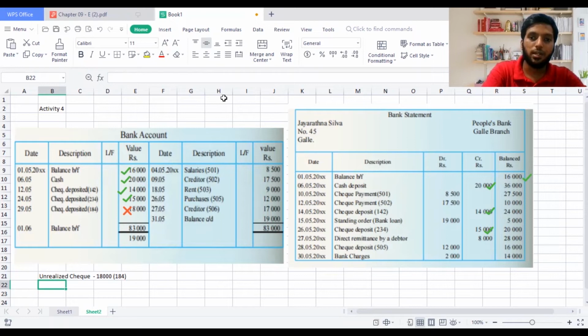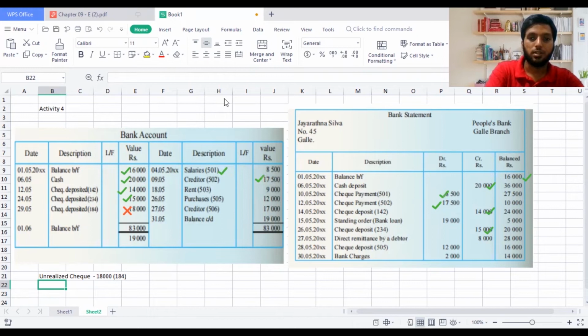I'm going to compare my credit side with the debit side of the bank statement. I'm going to take a stamp. So salary 501 is there on the credit side and it's on the debit side, 5,500. Then 502, 17,500 is also there, you can see here. Standing order 9,000 is not there, so I'll keep it, but I just compare this now. First of all, I'm just comparing my values here. So rent, 9,000, is not there, so I'm going to put a cross here.